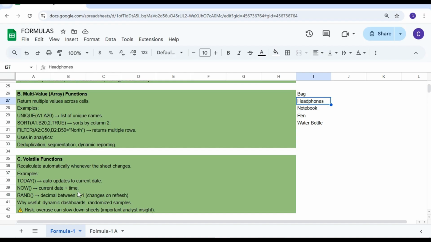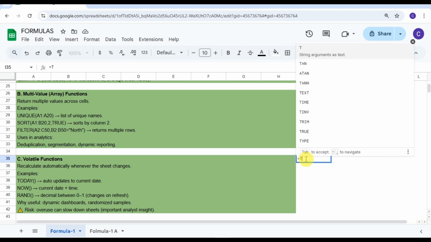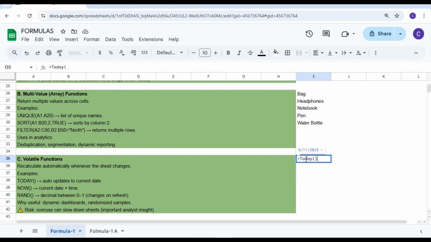But there is one drawback attached to it: as they are recalculated again and again, we have to use them wisely. And if we still have to use them, we should use them with the help of a reference instead of using them directly. If I show you equal to TODAY, it is calculating today's date. Now suppose I have to use it again; instead of using TODAY again, we can just use the reference. Basically it will improve the performance of your G Sheet.